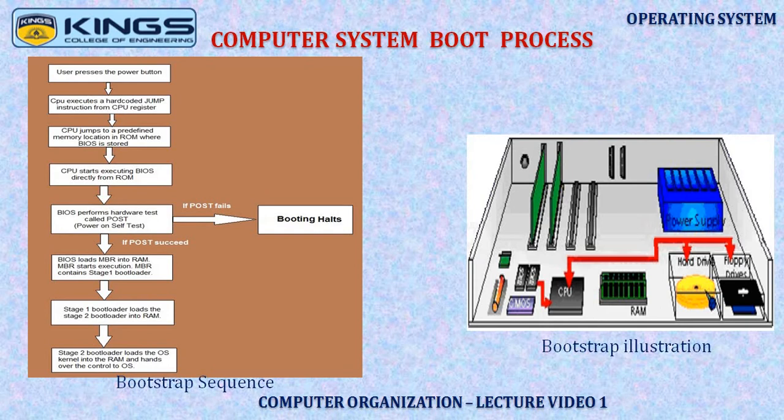So what will happen if the system clears the POST during the boot process? We'll explore further. Now, once the POST is successful, the BIOS will load the MBR. MBR is nothing but the master boot record. The first 512 bytes of the hard drive will contain this master boot record. MBR has a boot code and a partition table.